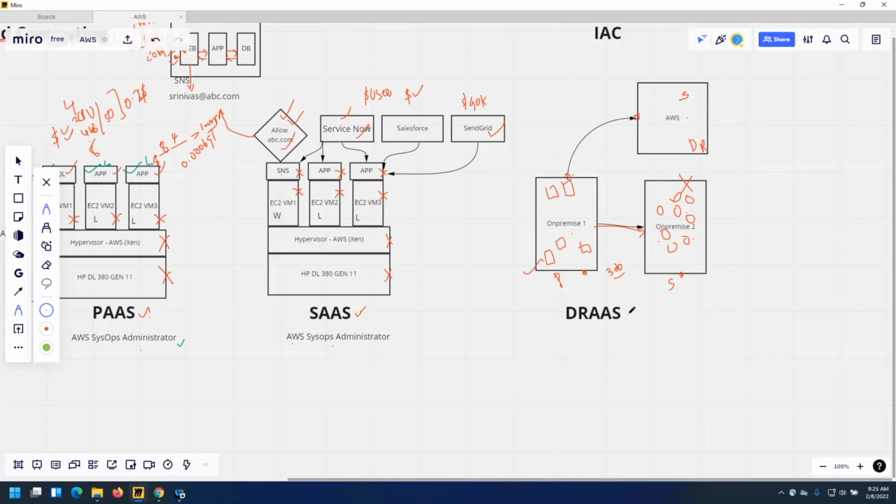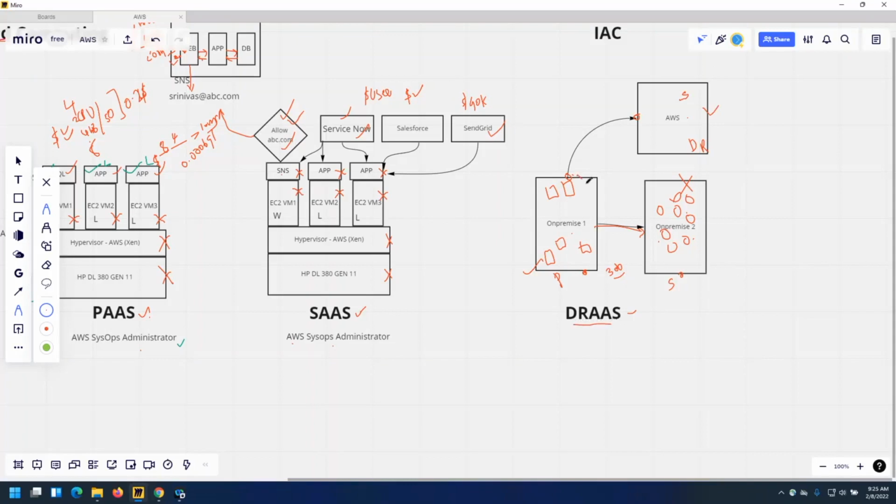Right? This is disaster recovery as a service. We will only provide a DR site. You don't have any servers, applications or databases running. It's a simple DR target where you will dump the data. That's it. That is your disaster recovery as a service.